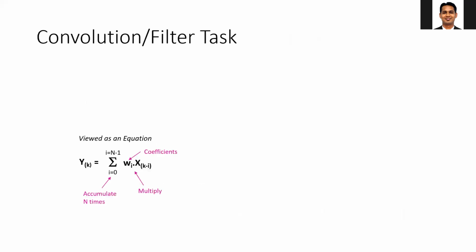To give an example, let's look at the convolution operation, which is a very common operation in the signal processing or machine learning domain. Here I'm doing the convolution between the two vectors W and X. Assume that W are the weights, which are fixed values, and they are 1, 2, and 3. So here we assume that N is 3. Initially, when you get X of 0, then Y0 is equal to X of 0 times W0. At the next clock cycle, you will receive X of 1, then Y1 will be X of 0 W1 plus X of 1 W0, which is equal to 4.